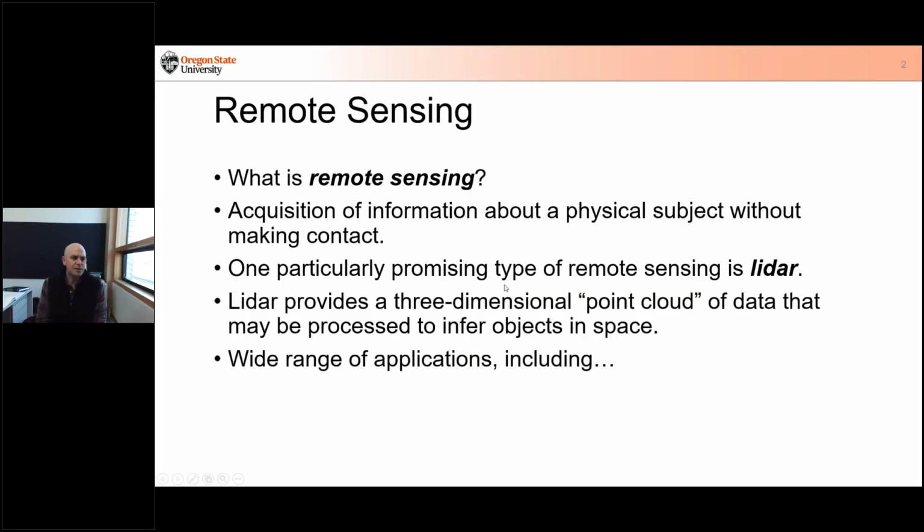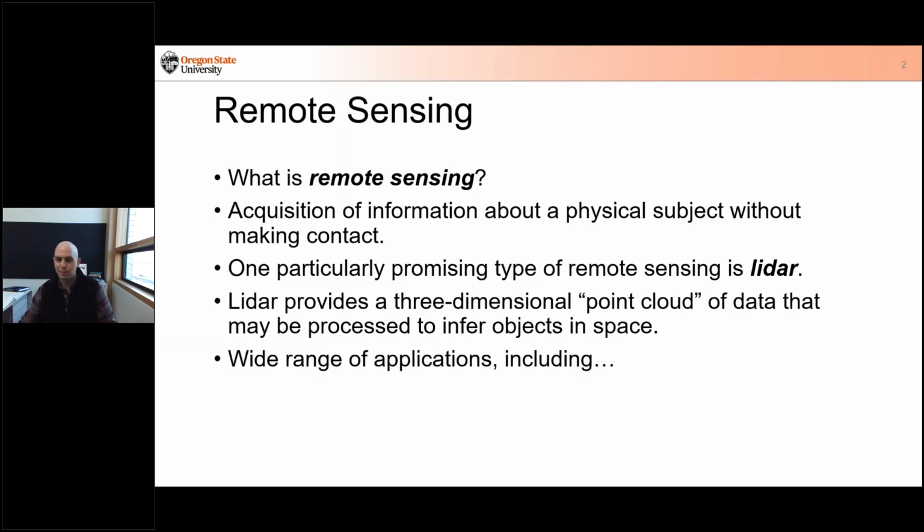A lot of this focuses on remote sensing. So many of you have probably heard this word. You know at least kind of what it is, but let's define it to get everybody on the same level. Remote sensing is the acquisition of information about something, a physical subject, a landslide, a rock slope, a building, without actually making physical contact. One particularly promising type of remote sensing for what we do is LiDAR, and it's been around, but its use